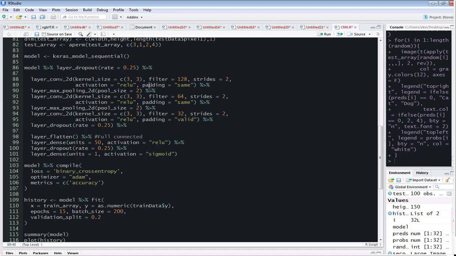And you can also change the padding to same or valid, which means whether you want to add a 0 as a boundary for your image or not. And then you can also do max pooling. There are also different types of pooling, whether it is average pooling or median pooling, and you can also define the size, or you can just not do max pooling. But just to let you know, by altering the method, the structure, the filter size, the number of filters, the stride, and the activation and padding,